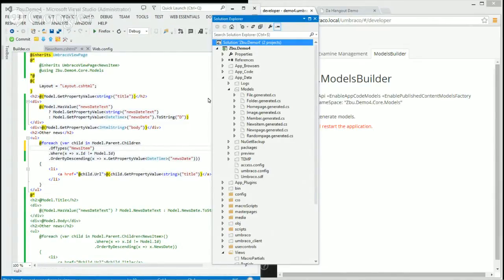This page I can do on my one that I created. You have file, folder, image. Those are the built-in media types. So we generate those files, and then in app code, put one file which is called build models, and this is the one that causes Umbraco to do something in code, and it will restart, load all the generated .cs files, compile them, and use them in the site.